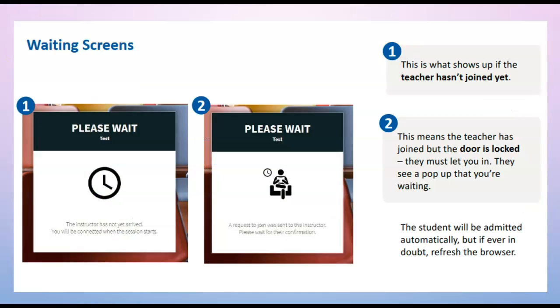these are some waiting screens that you might see. So if your teacher has not yet arrived to the classroom, let's say you join at 8:50 and you want to just make sure you're in the class ready to go, you might see this first join screen. It says the instructor has not yet arrived. You will be connected when the session starts. If your instructor has arrived, but maybe they just haven't opened the door yet, you will see this second screen. A request to join was sent. Please wait for their confirmation. So don't worry, these are one or two screens that you might be seeing if the classroom has not been